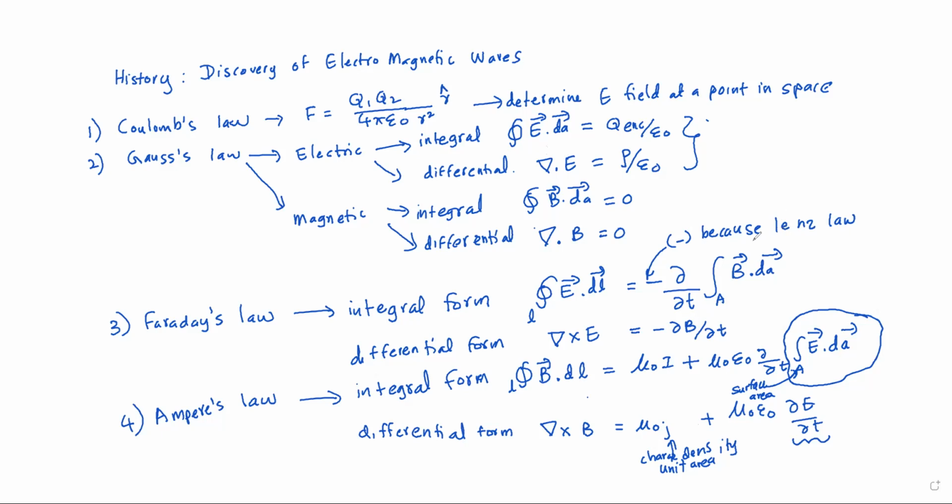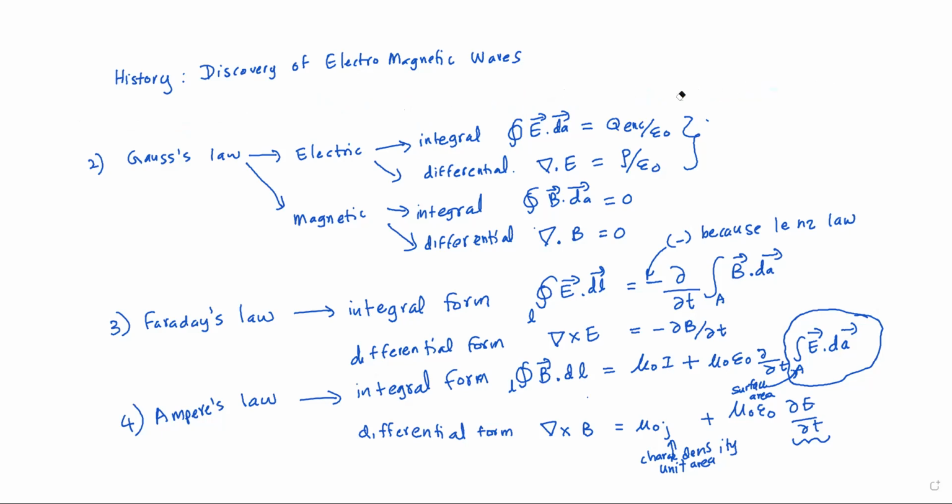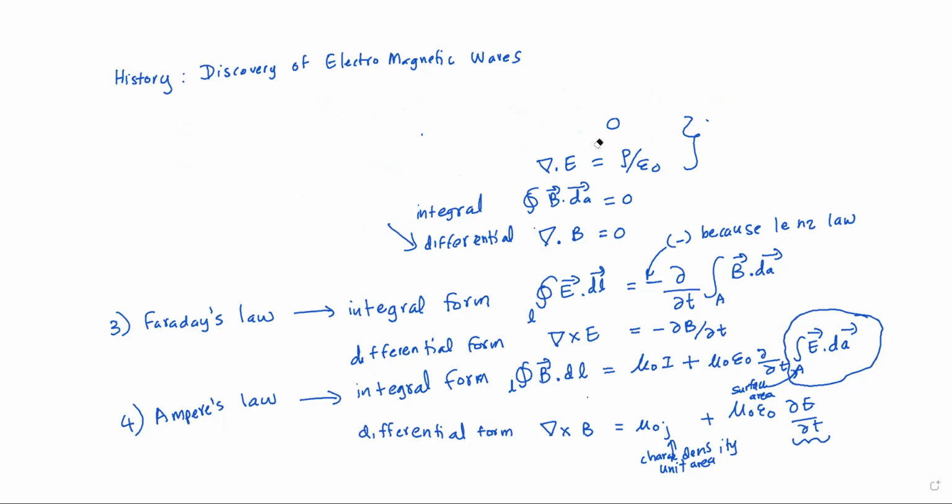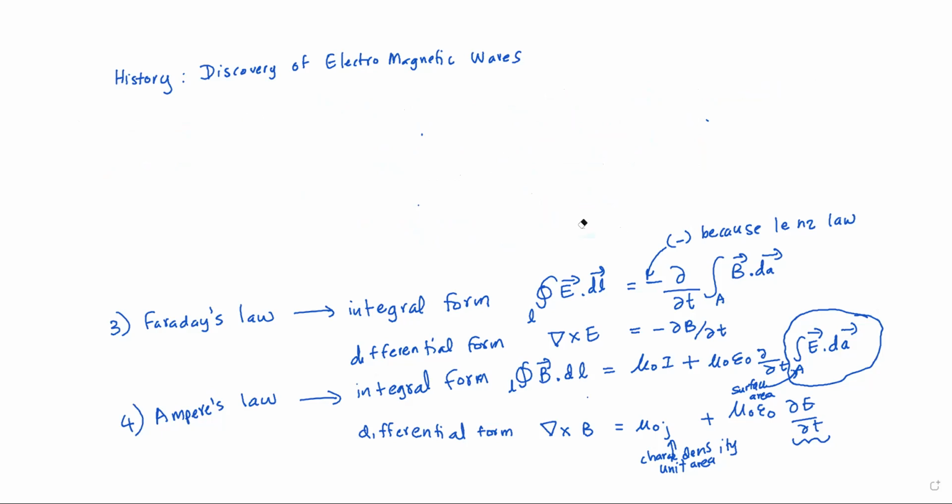Maxwell was the next scientist who tried to bring these equations together in such a way that he was able to show that an electromagnetic wave can propagate without free charges after it has been generated, and other thing is that he was able to show that